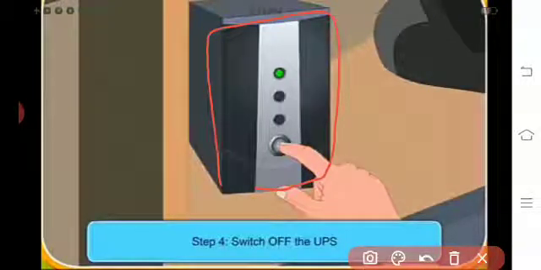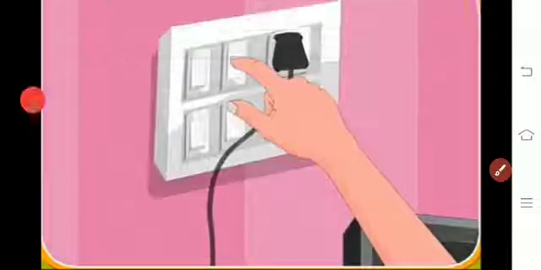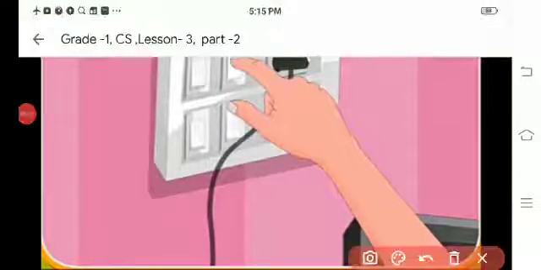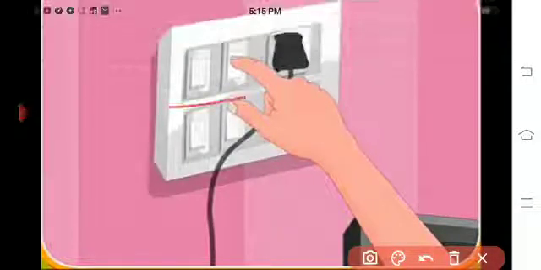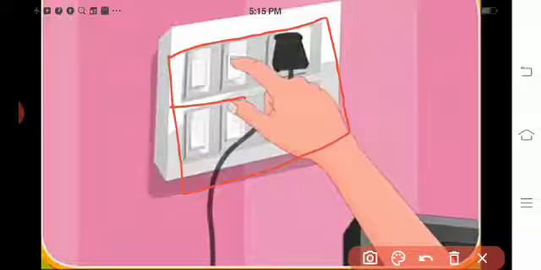Switch off the UPS. Next, switch off the power button on the electric board. This is the electric board. So, finally switch off the power button on the electric board.